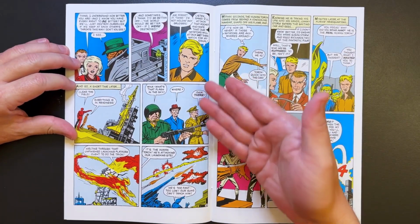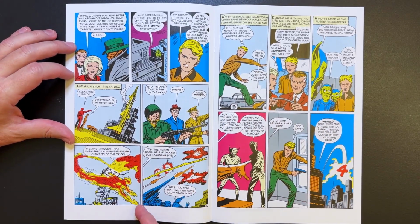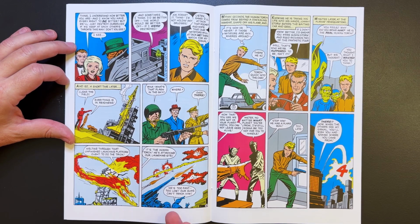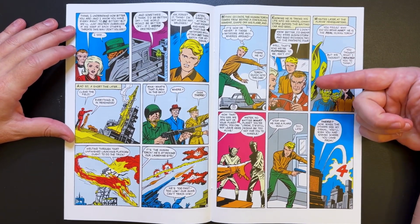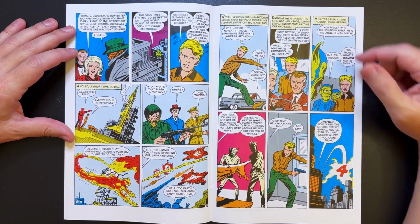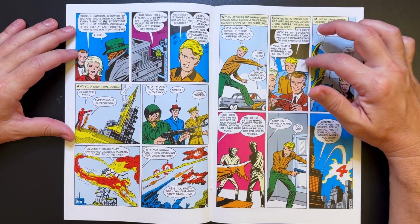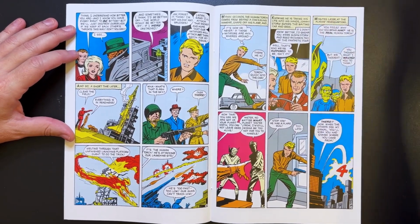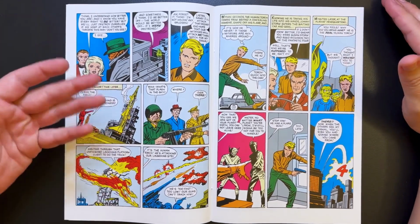Okay, so Johnny wants to attack the rocket and he thinks that'll bring out the imposters. Interesting plan. Who's gonna pay for that? It's probably $1 billion of destruction you're causing, kid. Oh, I see, but the plan worked. The imposters said, hey, come on, get back in the car. They think he's one of the Skrulls. What a stroke of luck that the imposter Johnny wasn't in the car and maybe Reed or Sue was out. I don't see the Thing either, so maybe the Thing could have...